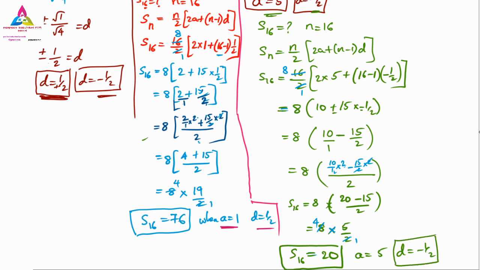So according to the question we can solve S16. We have two values of S16. One S16 is 20, one more S16 is 76. So we have two S16 values and both answers are correct. I am not saying that either answer is wrong. Both answers are correct because we got the D value by a square root. So remember, you may have a question involving a square, and when it is a square, you may think that only one value is possible. It is not like that, we are going to get two values. So substitute that and find the final answer.